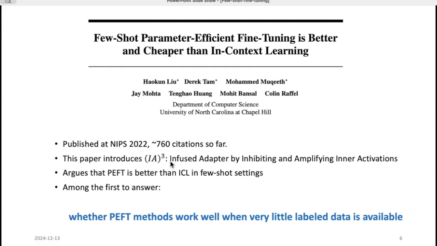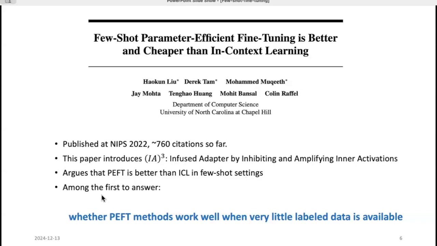So IA stands for infused adapters by inhibiting and amplifying inner activations. Well, if you put it in simple words, this is like you want to just decrease or increase the magnitude of the inner activations of your network. And it argued that PEFT is better than ICL in the few-shot settings, both performance-wise and